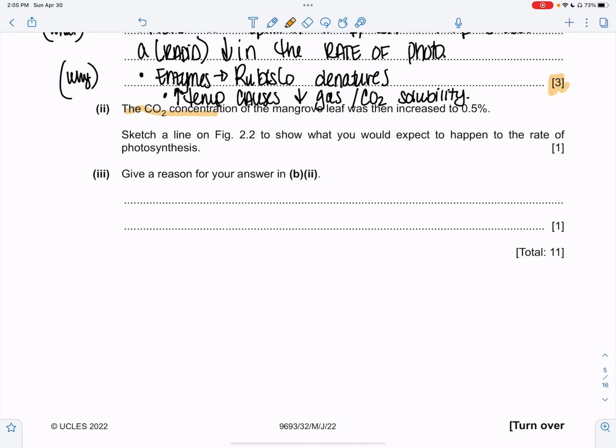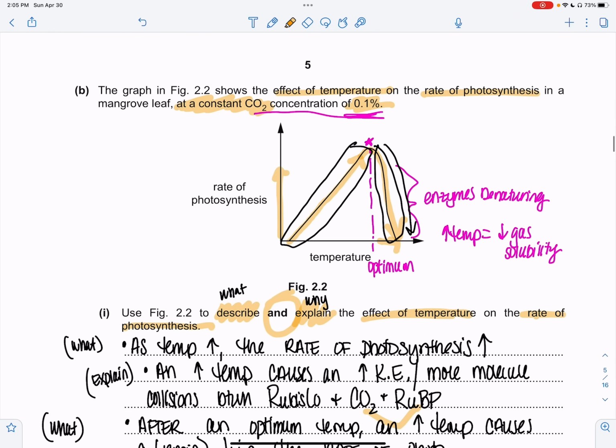And they say the CO2 concentration in the mangrove leaf was increased to 0.5%, and right now we read that it's at 0.1. Sketch a line to show what you would expect to happen to the rate of photosynthesis. So it doesn't change the optimum temperature. I'm going to erase these. It's not going to change the optimum temperature. What is going to happen though is,